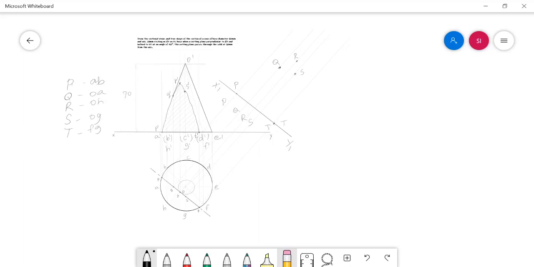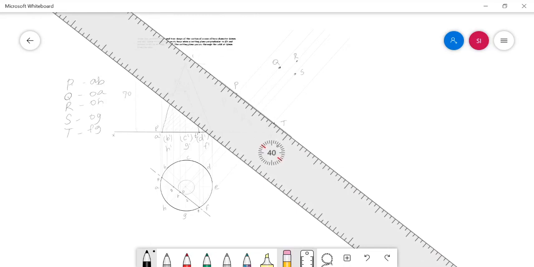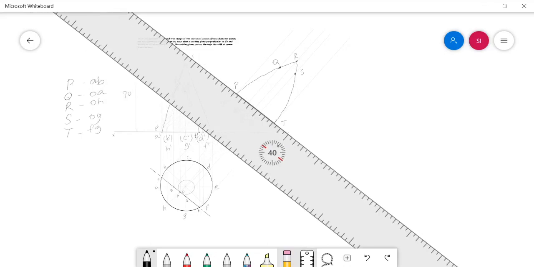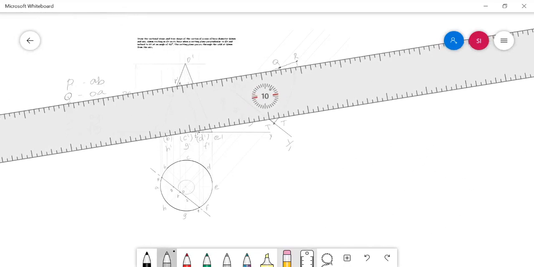After that, connect the points P and T, which are both obtained in the base, with a straight line. Connect the points P and Q with a smooth curve, QR with a smooth curve, RS with a smooth curve, and ST with a smooth curve. And the area bounded by connecting the cut points can be hatched with a 2H pencil.